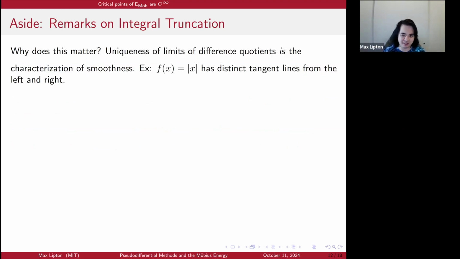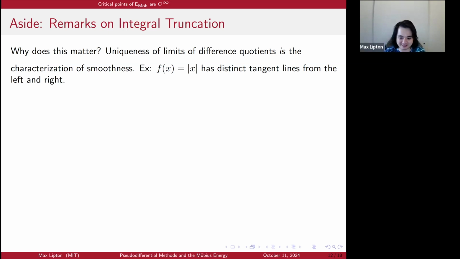Well, uniqueness of the limits of difference quotients in some ways is the characterization of smoothness. So, for instance, the function f of x equals absolute value of x has two distinct tangent lines when you approach from the left and the right. And because you have these two distinct tangent lines, we can say that absolute value of x is not differentiable at the origin. But you don't want to just wholesale throw away all notions of regularity when talking about absolute value of x, because